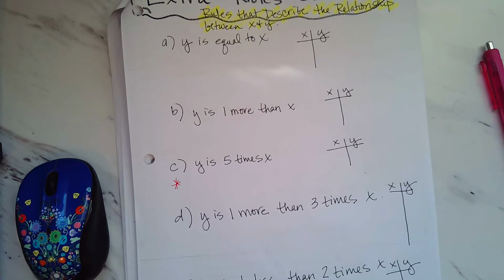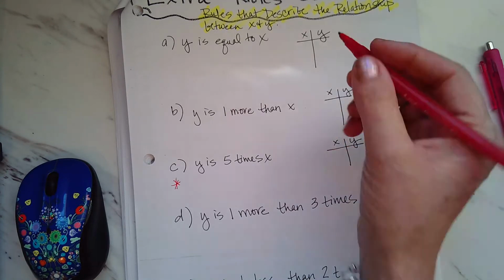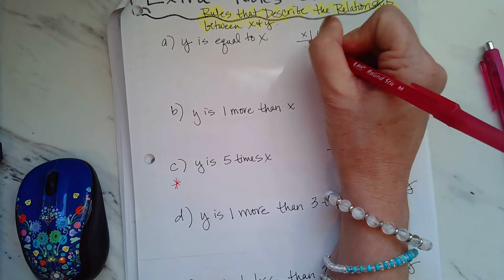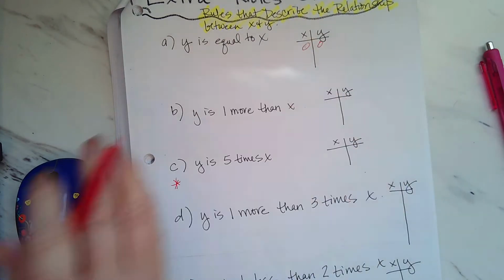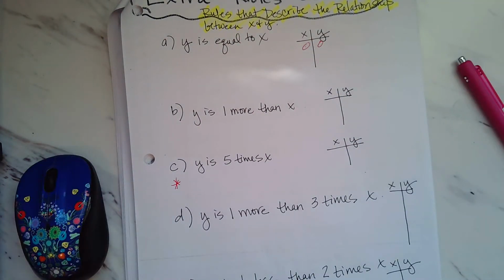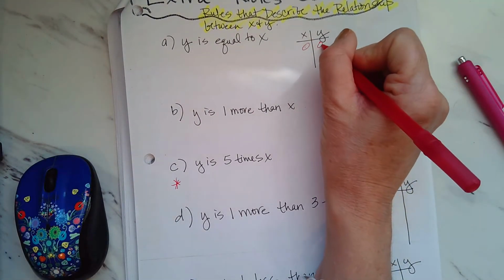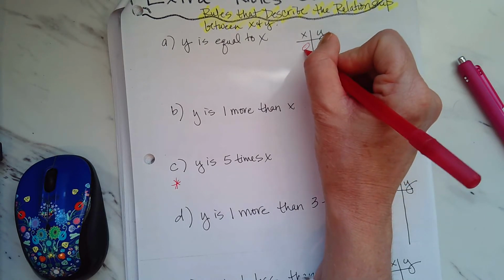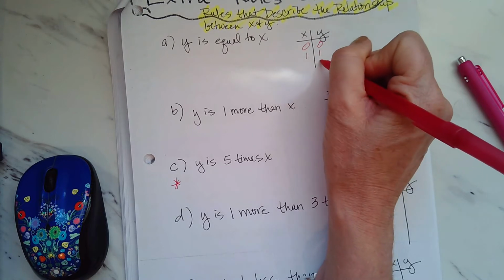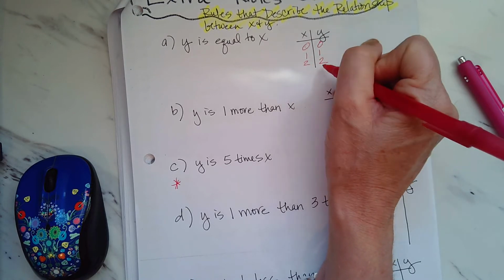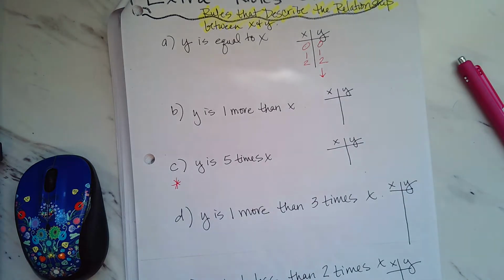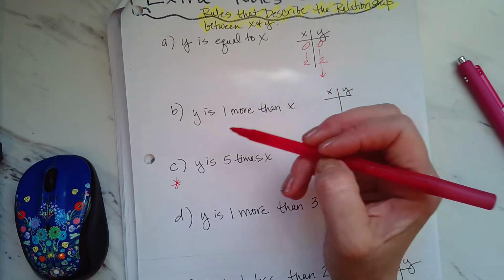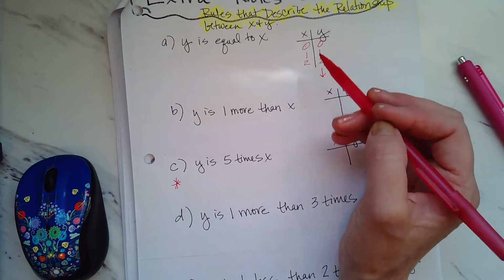If Y is equal to X, let's say that Y is 0. So then what is X? 0. Okay, so if Y is equal to X and Y is 0, then X is 0. If Y is 1, X is 1. If Y is 2, X is 2, and so on. And what did we learn before about that type of line? It increases by 1, right? All right, so